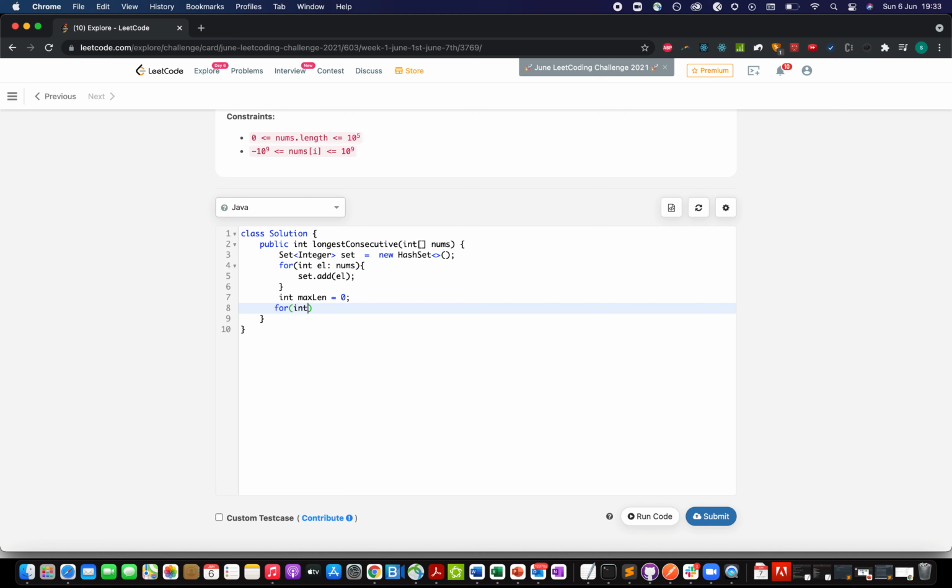For integer el over nums, integer currentLength of the consecutive sequence, I'll initialize it to 1. Let's move in both directions, left and right. The left default value will be el itself, and the right default value will be el itself.